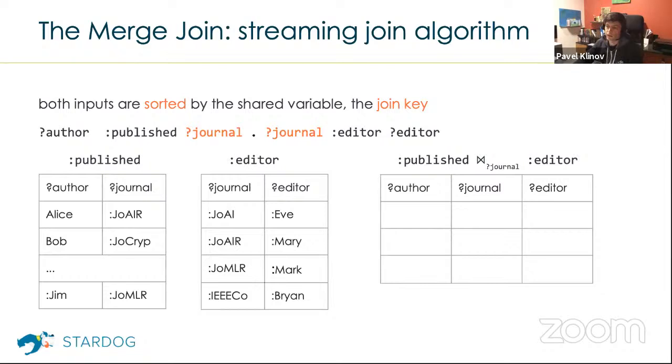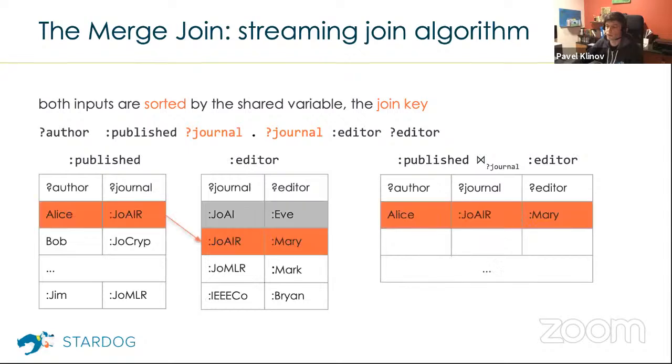It does require that the inputs are sorted by the shared variable, the join key. So for example, in this case, you have two scans, two patterns, authors and journals and editors. If both of them are sorted by the values of the journal variable, then the join will go like this. The first relation is scanned, and for the value of the join variable, here the first one is the Journal of AI Research. We can do